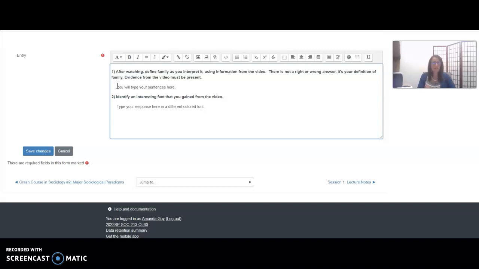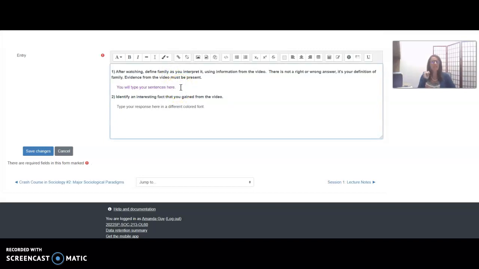And once you are done with your input, you can highlight your whole response, and then you can select this paintbrush and you can change the color. So please make sure that you change the color to something that I can actually see. Okay, so I will choose purple here. You're not required to choose purple, but you can.